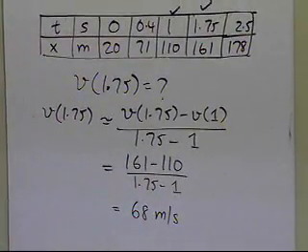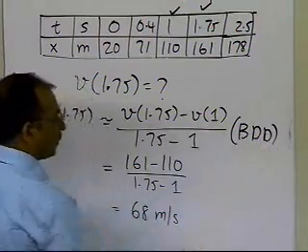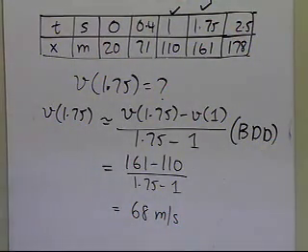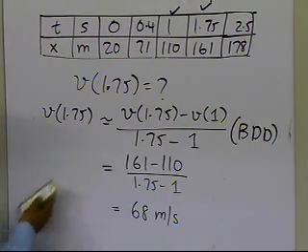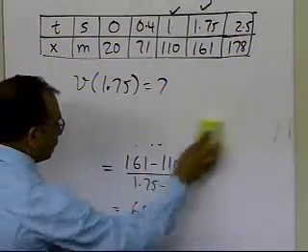So that's what you are getting as the value of the velocity from backward divided difference scheme. This is quite different from what you got from the forward divided difference scheme, where you got only 22.66 meters per second. So this is the backward divided difference scheme velocity value which you are getting from here. So let's go and see what kind of values we will get if we use the central divided difference scheme. So again, I'm going to erase this so that you can see the data.